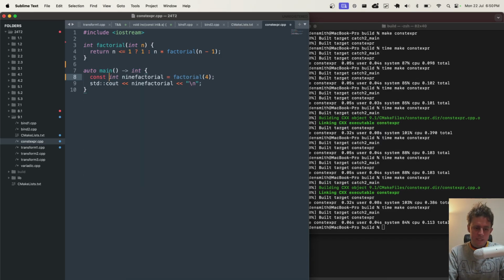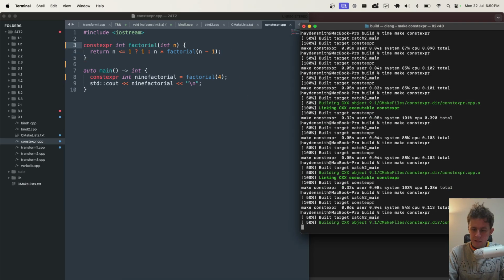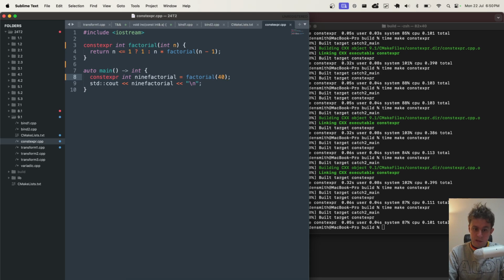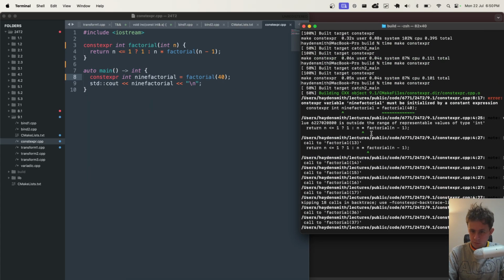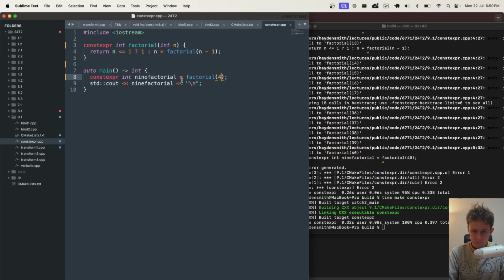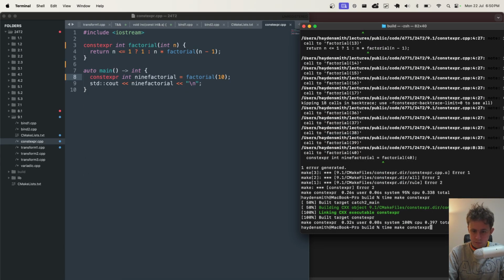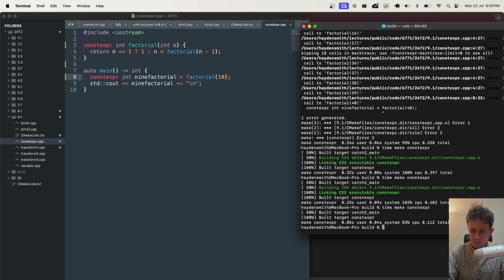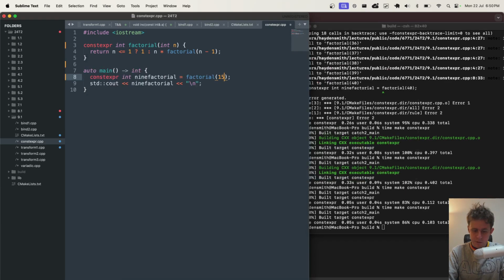However, what's interesting is once I mark it as constexpr, the compiler is now going to try and do those calculations. So you'll notice that it's going to be pretty quick for the low numbers, but I imagine it's going to get really slow. What happened here? Oh, what have I done wrong? 10? I was going to say, I thought it ran out of memory. It probably did. No, it's still pretty quick.